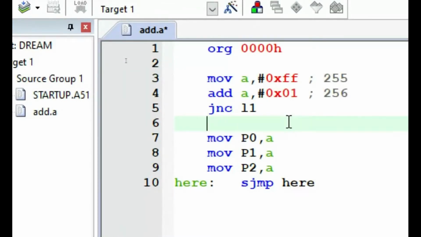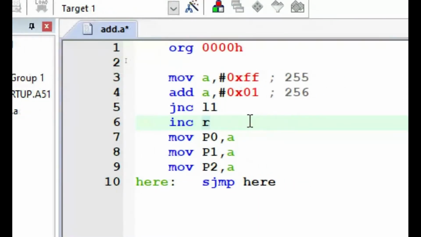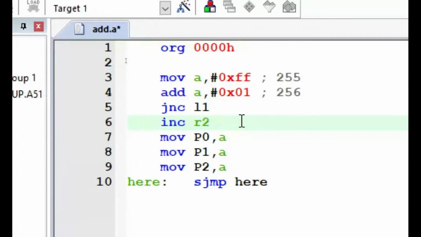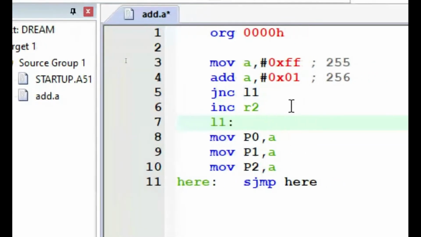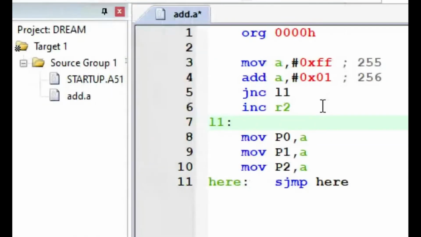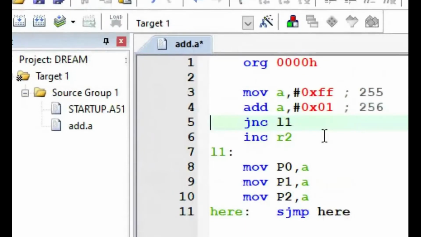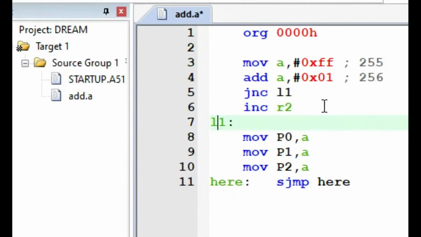If there is a carry, I am incrementing a register called R2. If there is no carry, I don't want to increment R2, hence I am jumping to the 7th line. So if there is no carry, the program execution has to jump from the 5th line to the 7th line. If there is a carry, program execution has to come in sequence, that means 5th line, 6th line, and 7th line.